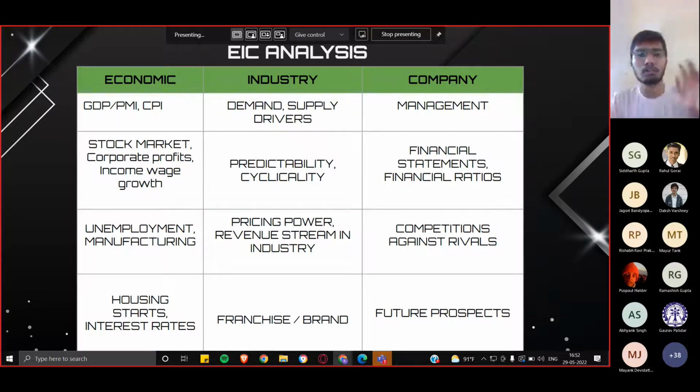It's not as famous as GDP, but in some countries they consider PMI better than GDP, because they release the PMI on a monthly basis, and it also talks about the business investment part more clearly. That's why PMI is sometimes preferred over GDP.